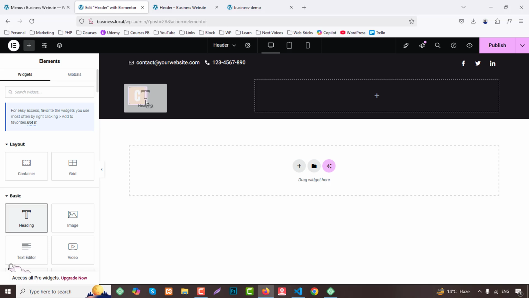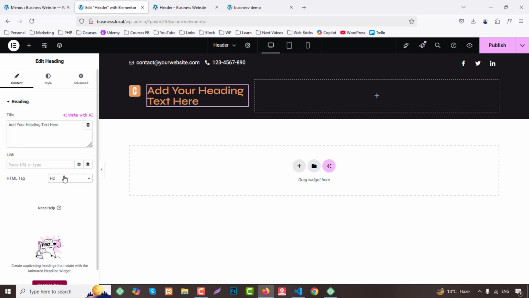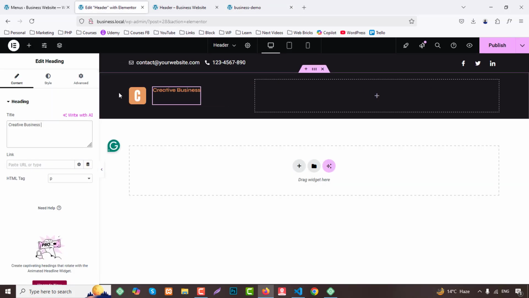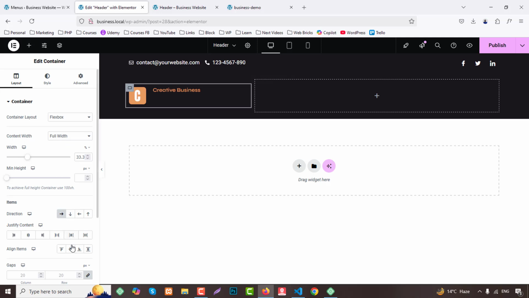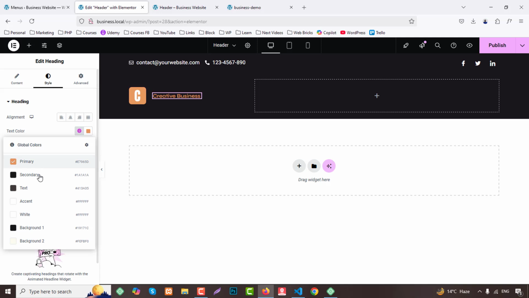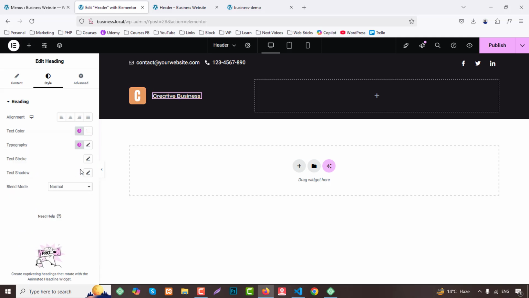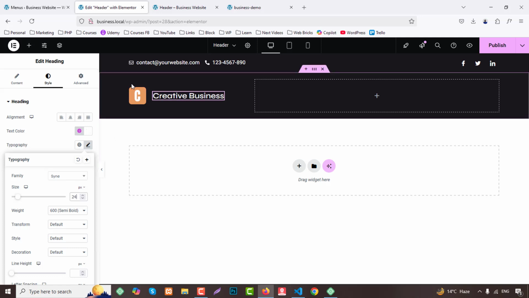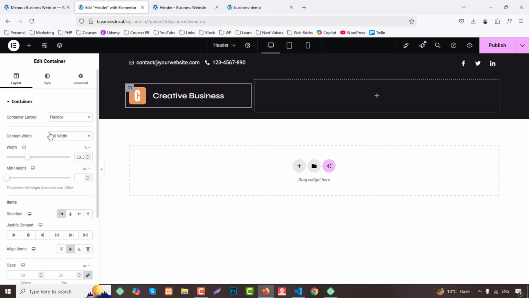So after this icon, okay, we can choose, this will be like a p tag, and ours will be creative business. So copy from here and paste here. So from this column we can choose align item center. Perfect. So click here, go to color, we can choose accent color. Okay, and font weight like 600, like 22 pixel or 24. And from this column, if you have any link option,